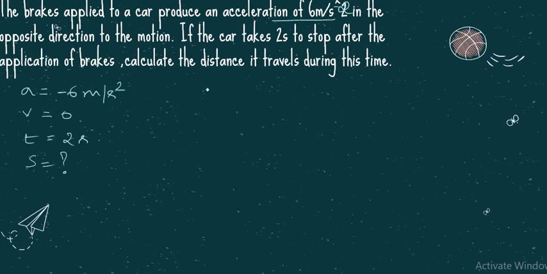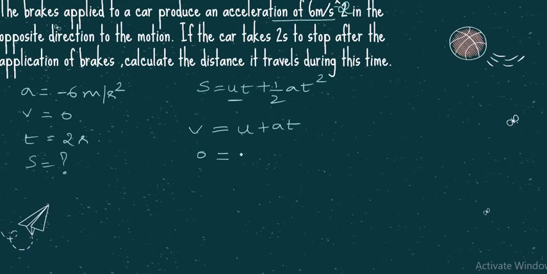What formula can you take? If you take s is equal to ut plus half at square, what term is unknown here? u is unknown. Then how can we find u? That is v is equal to u plus at. This is the first equation of motion, where you can find u. As you know the v term, what is the v value here?